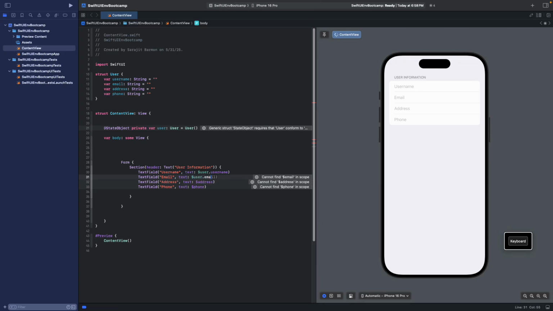email and $user.address and $user.phone. Okay, so state object, not state object, sorry, it should be state. Okay, now